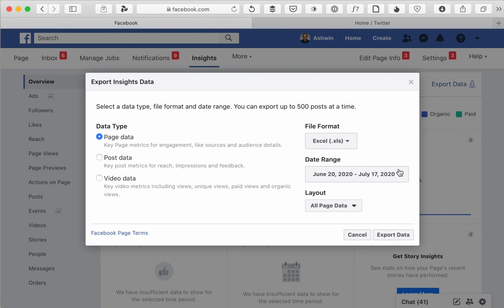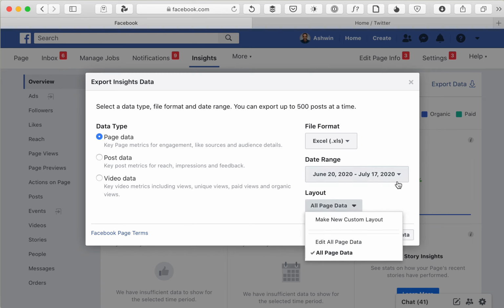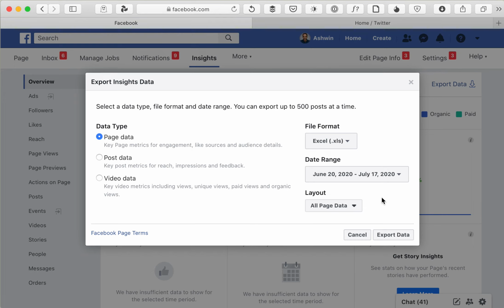Finally, you pick the date range for this, and then any specific layout you want. So typically in this case, let's say we want to download all the page data, but if you wanted to instead specifically focus on 2 or 3 metrics, you could do that as well. Now when you click on this export data, this data set will be exported and saved to your download folder